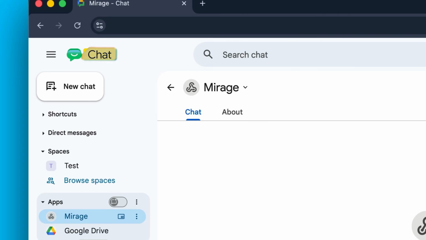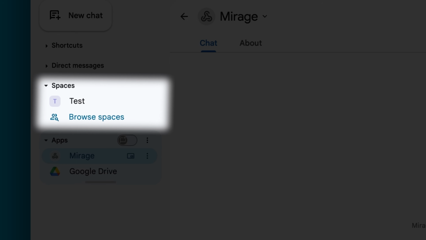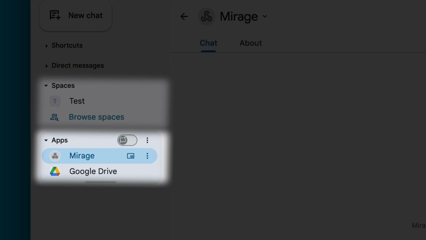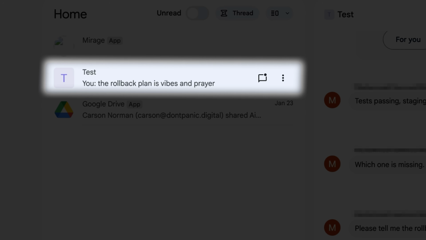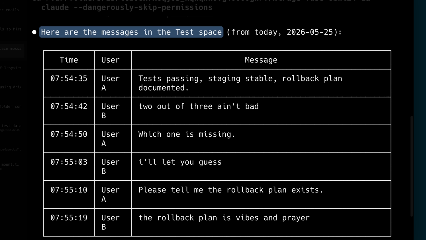But other than that, we tried it out on the Google Chat APIs. Internally in our team, we use Google Chat, and yes, we want you to judge us for that. Google Chat allows you to go into spaces and add different apps there. So we basically made this test space, and inside it, we added this Mirage app. It basically gave it access to read everything in there. And as you can see, it automatically fetched everything and was able to read all the context. And you can do this easily with any service.